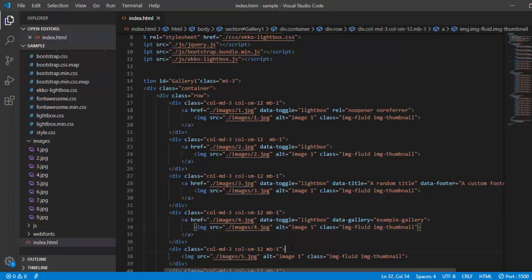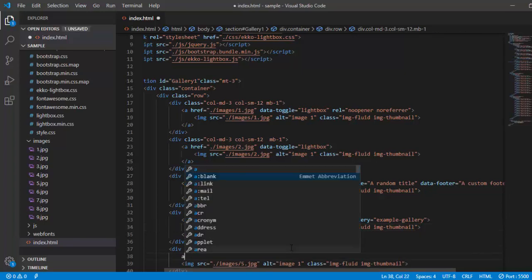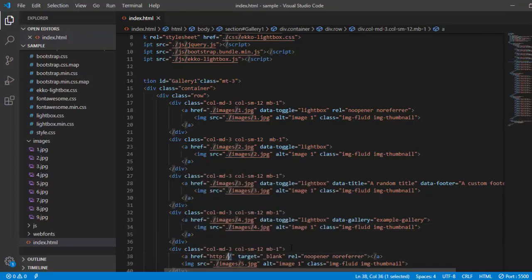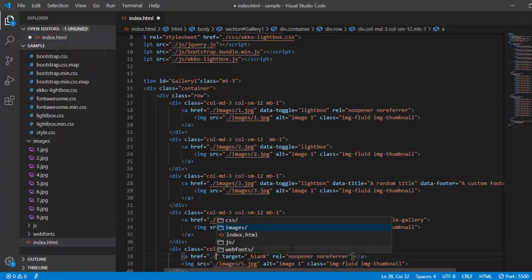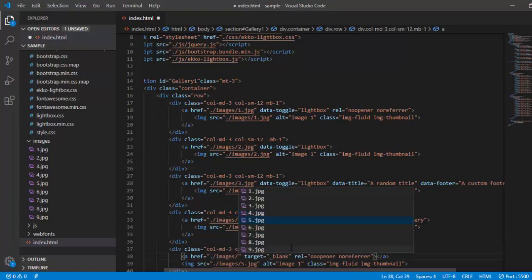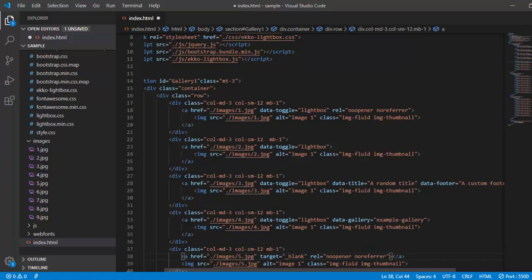Right, this is the one, and here you go with the second image where I am giving my path, it's 5, and here you go with the data toggle.